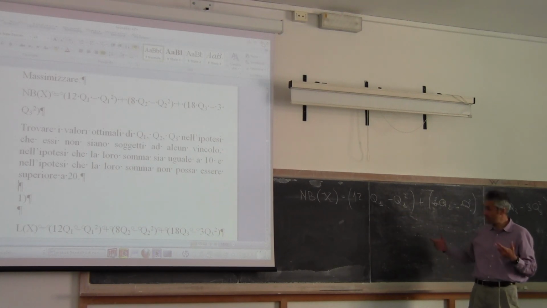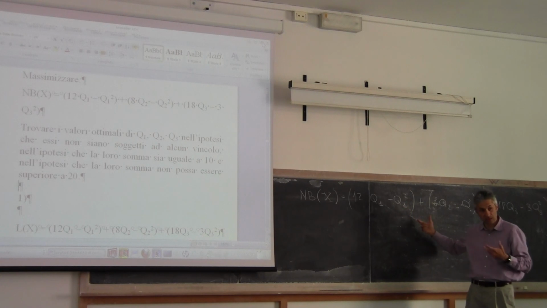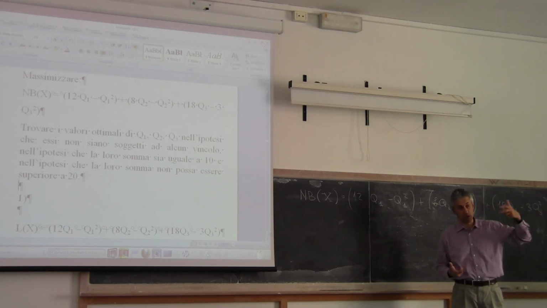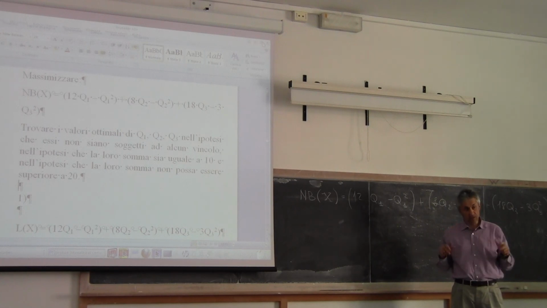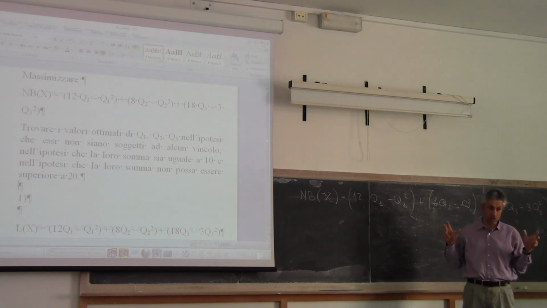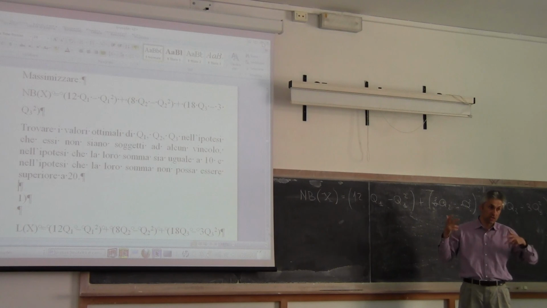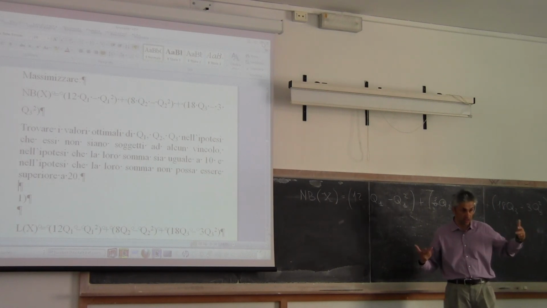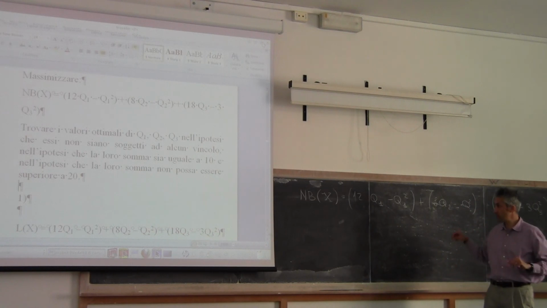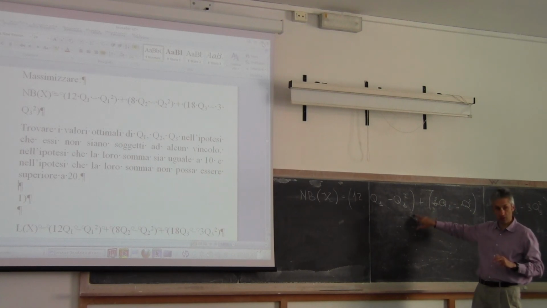So probably, in this case, the maximum benefit doesn't correspond to the maximum allocation of water, but corresponds to a given value of the allocation, such that if you exceed this allocation, you get costs higher than the gains. So the first question of this exercise is to find the solution in terms of allocations Q1,